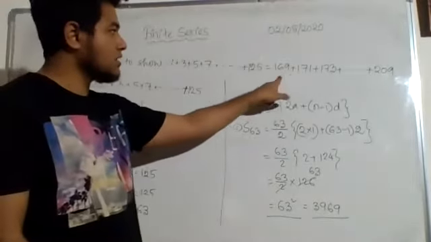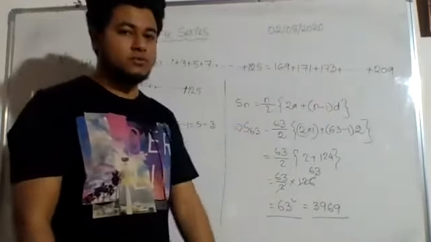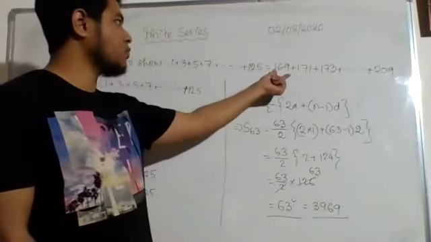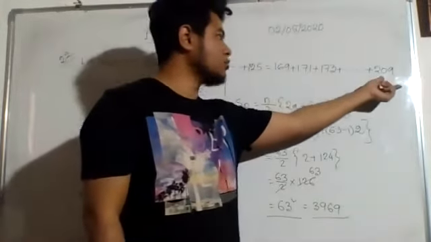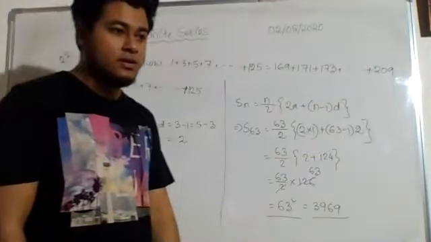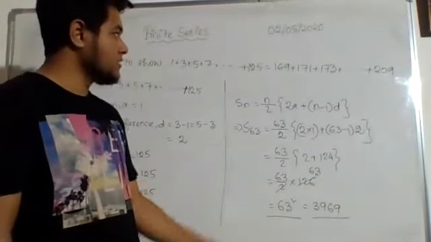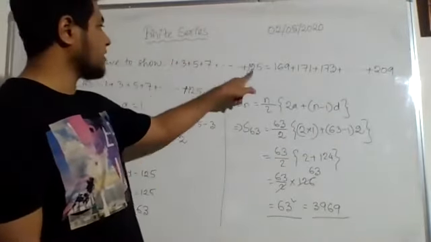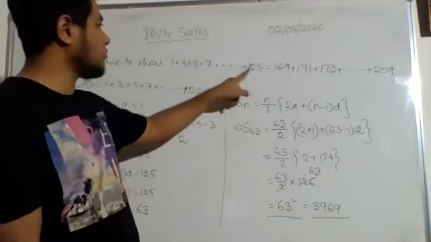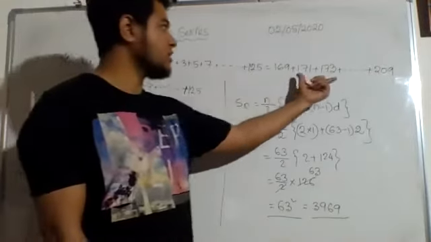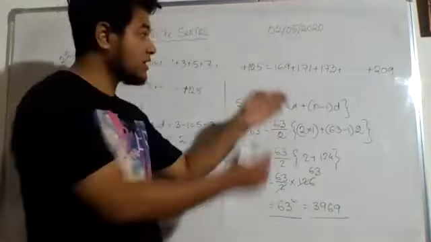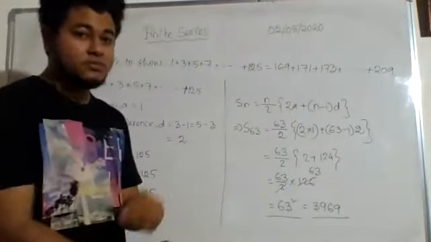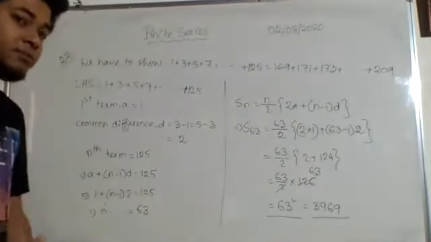63 terms. Here there is a lesser number of terms. See, starting from 169, we went up to only 209. So here the difference between the first term and the last term was 124, but here the difference is 40 only. So here lesser number of terms are there. That is why there is a possibility that the sum might be equal.